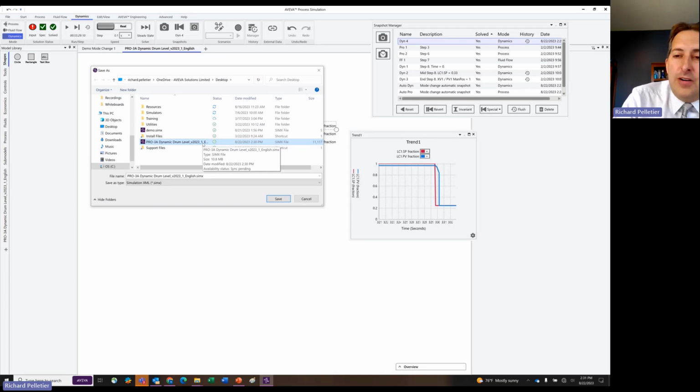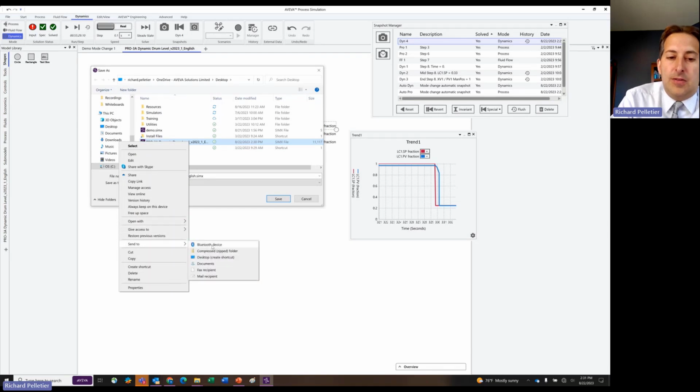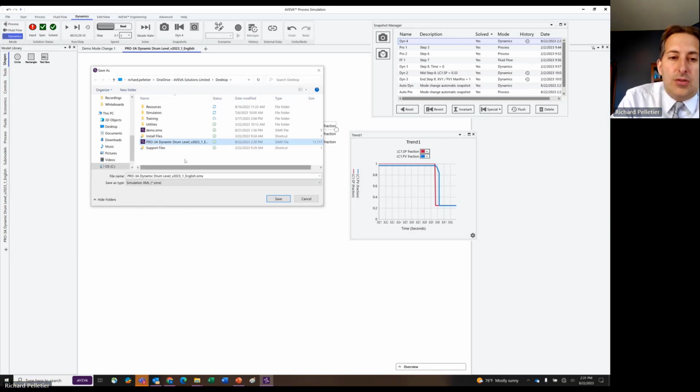And if I had a larger file with a lot more information, you can imagine this is going to be hundreds of megabytes in size. I have actually seen customer files that are gigabytes because of snapshots that have run history stored in them, right? So you always have to be careful how you're saving this data because it's going to bloat your file size significantly. And one of the things you can do to reduce this size is you can send it to a zip file, right? If you zip it up, you'll see,